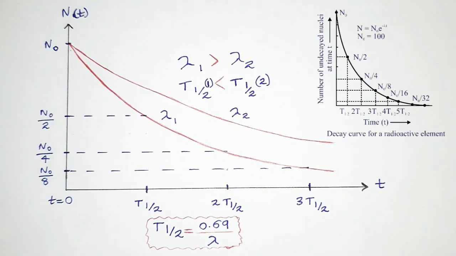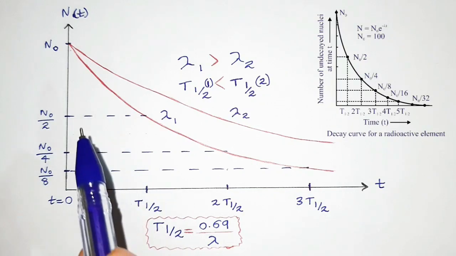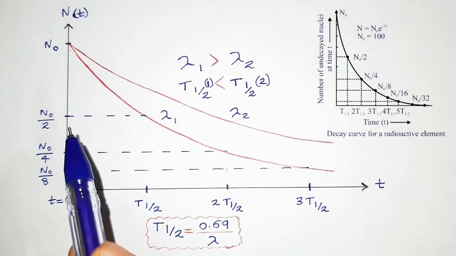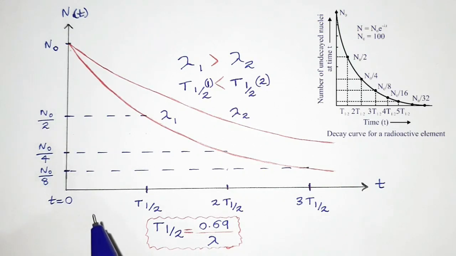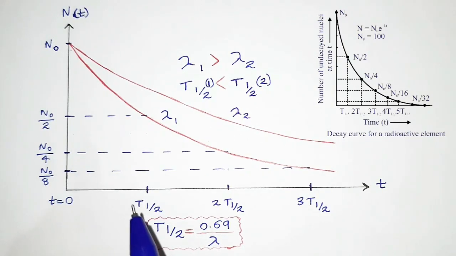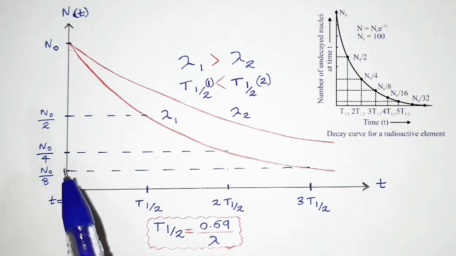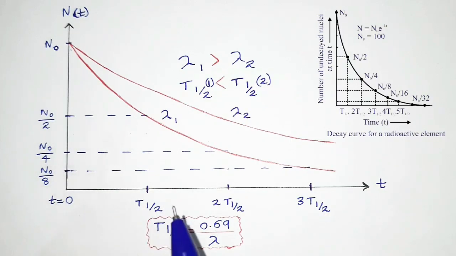When the sample decreases to half of its original value, the sample would have N-naught over 2 number of radioactive sample in the container. Here, the time period that the sample takes would be 1 half-life, and it is denoted by T half. Suppose that now the value decreases to N-naught over 4. The time would be another half-life, and that is denoted by 2 times T half.